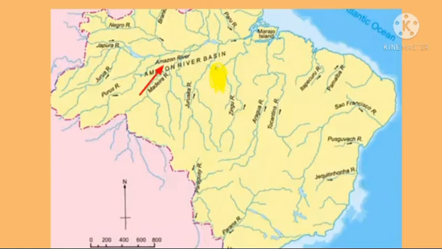And the last, we have learned about the coastal rivers. So the coastal rivers, we can see here, some rivers, for example Itapecuru and Paraniba, flow towards the north and enter into the North Atlantic Ocean, and the river which enters the South Atlantic Ocean is Paraguaco. So these are the major river systems which we can see in Brazil.